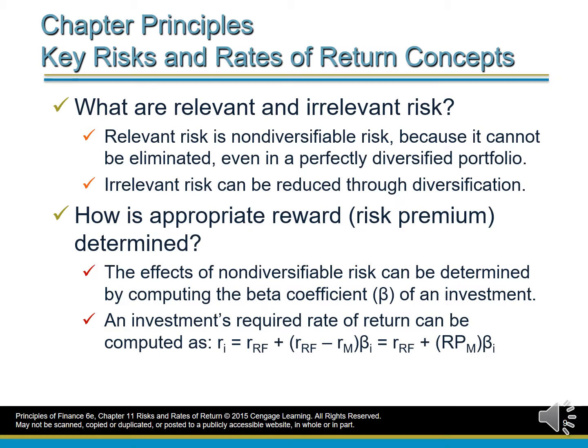How is appropriate reward or risk premium determined? The effects of non-diversifiable risk can be determined by computing the beta coefficient of an investment. An investment's required rate of return can be computed as